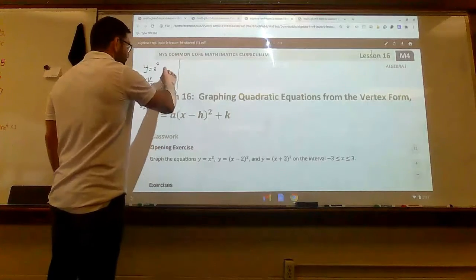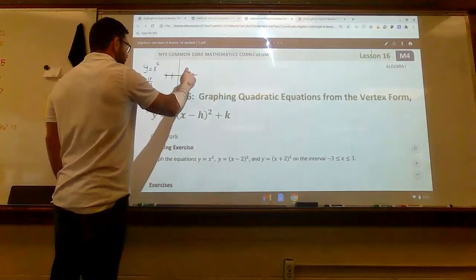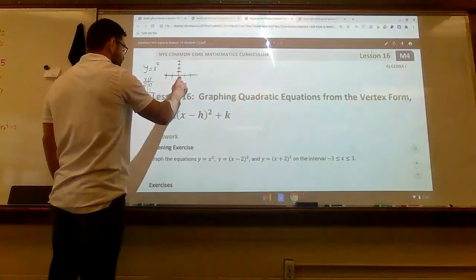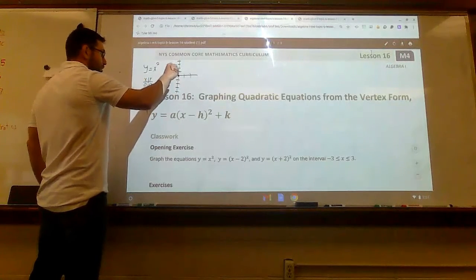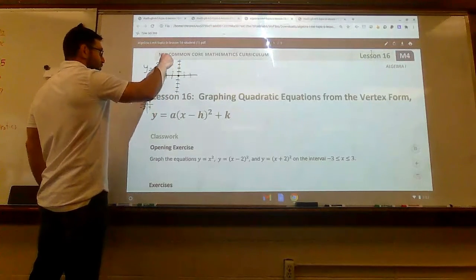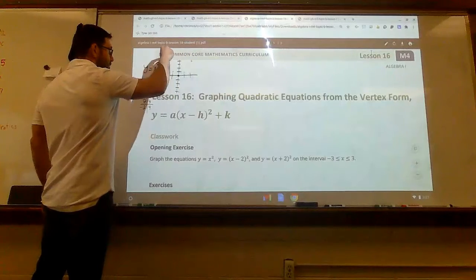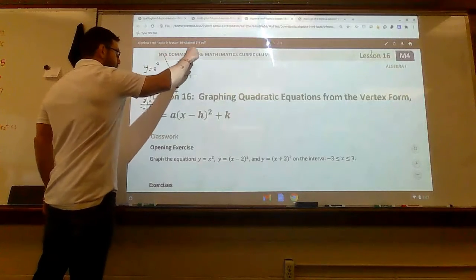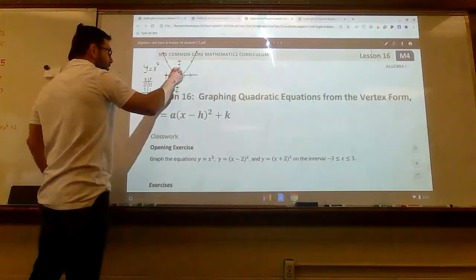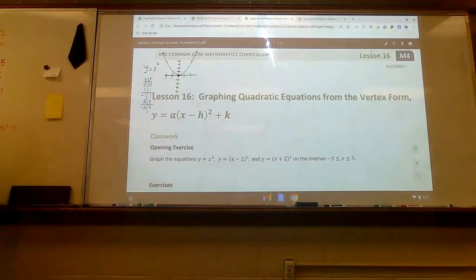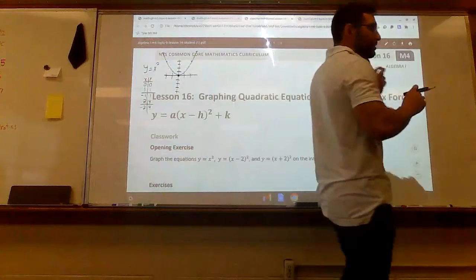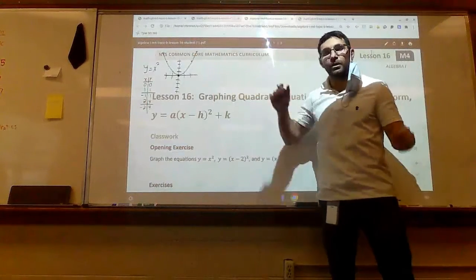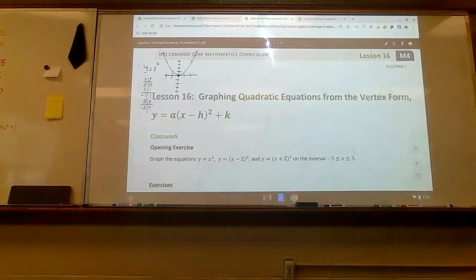So when I would graph this, and again, this is called the parent function, I would have my quadratic: 1, 1, then 2, 4. This is what every quadratic is based off of. Vertex form is saying, okay, we know the parent function. If we know the parent function, how can we